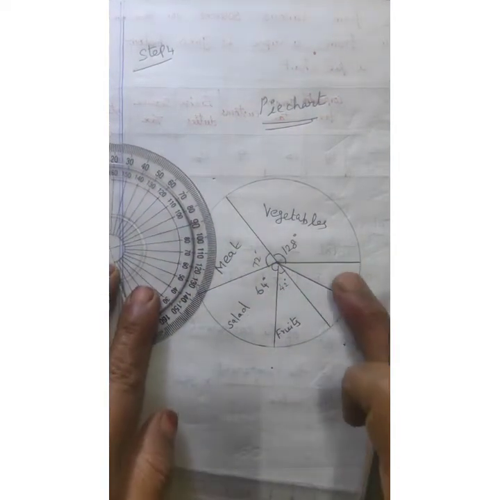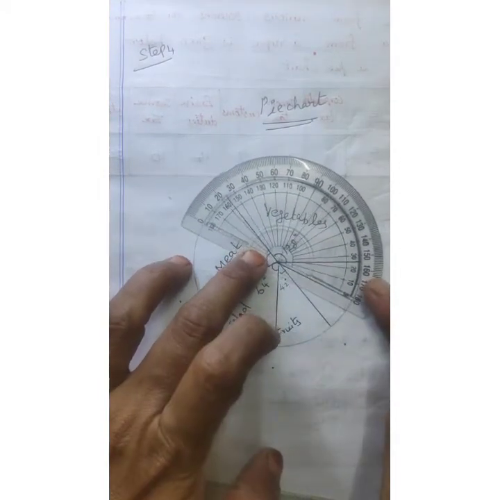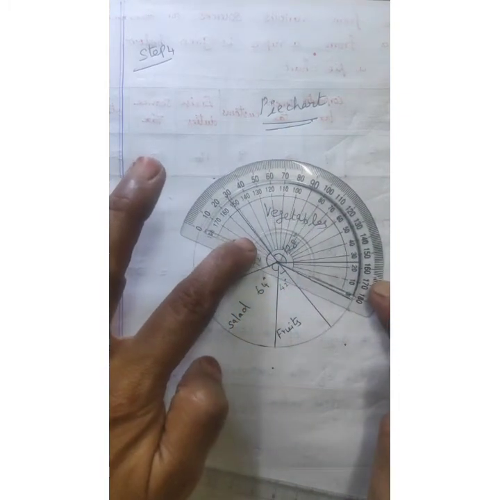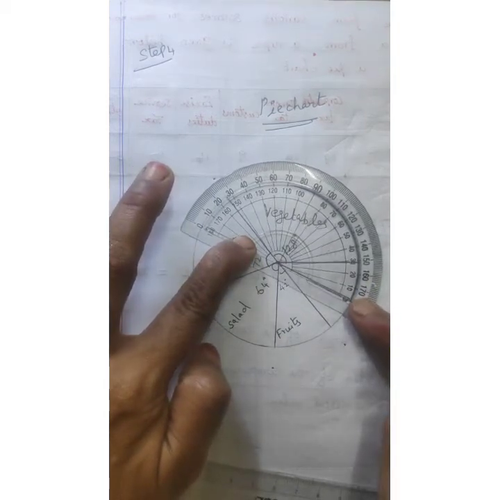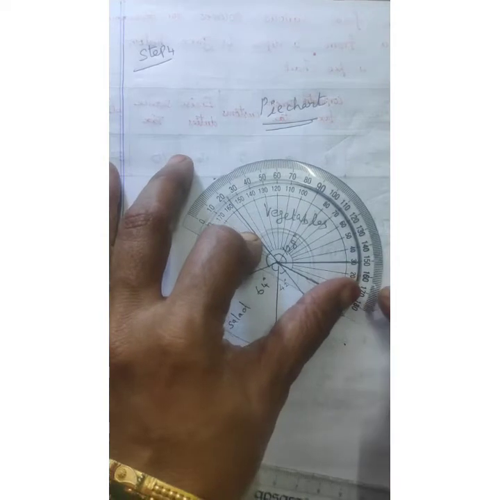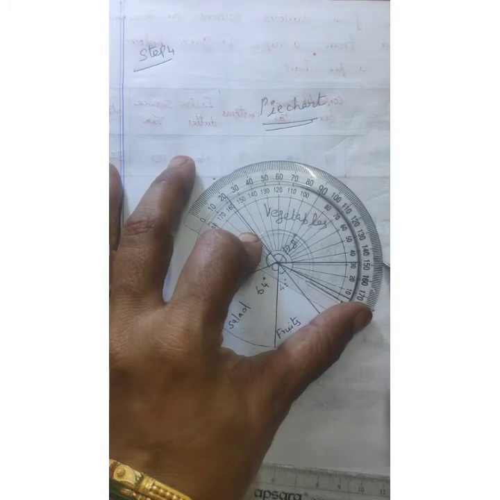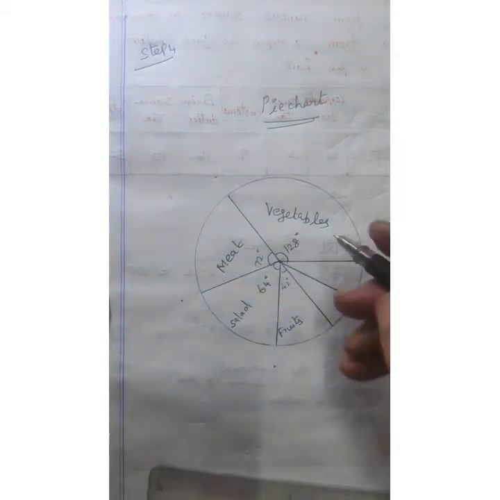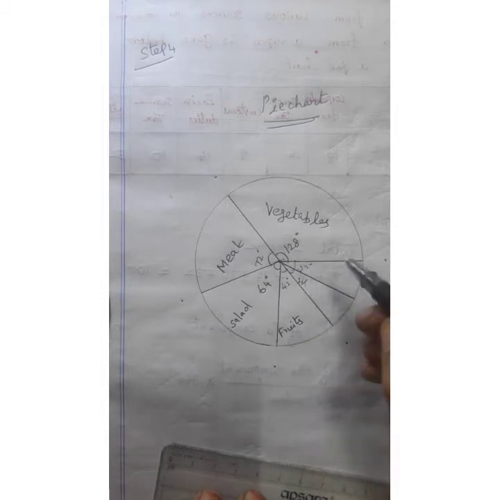Now the last one is already given there. Check whether 32 degree comes correctly. Coincide the line here, keep the point. Where to draw the line, keep the protractor and measure the degree. 30, 31, 32. So the line comes correctly. Check whether it is coming correctly. Correct. So here you write 32 degree. Here you write 24 degree.